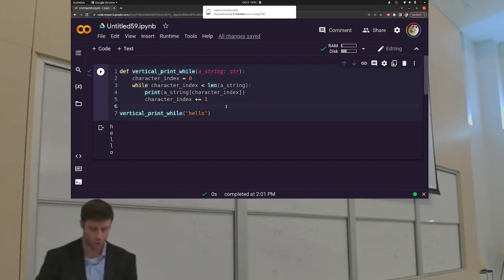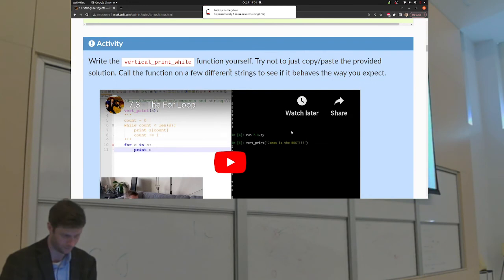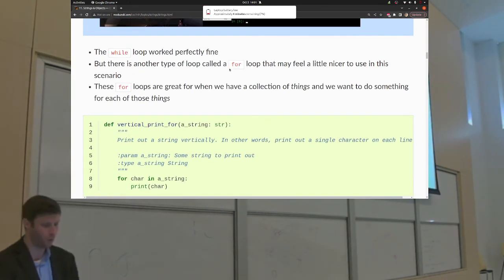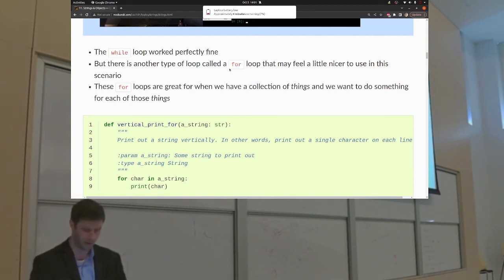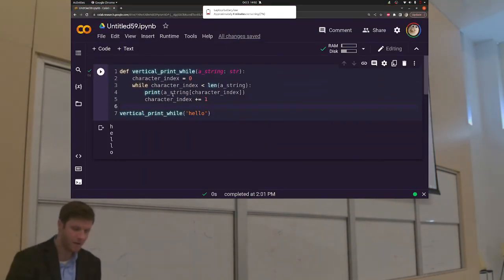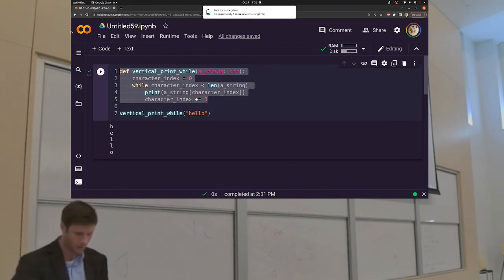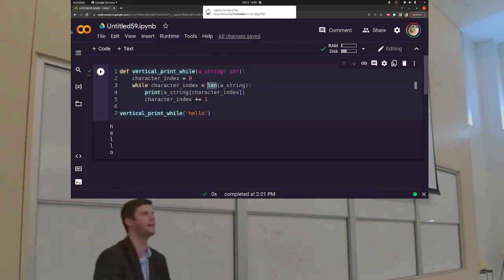This is, of course, with a while loop. Whatever. The while loop works perfectly fine. There is nothing wrong with the while loop. But there is another type of loop called a for loop. Because there's a little bit of overhead